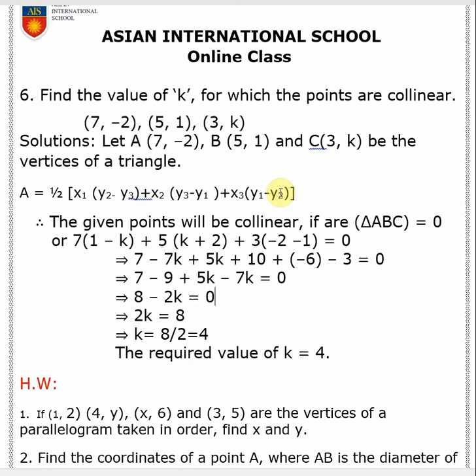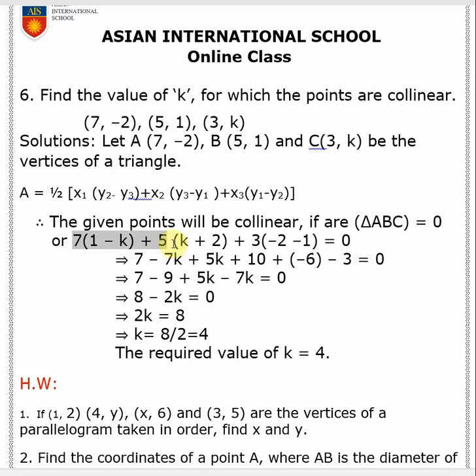In our Cartesian coordinate system, if we take any 3 points and join them, we are supposed to get a triangle unless the 3 points are lying on the same line. And if the 3 points are lying on the same line, we will not be able to draw a triangle, which means the area of that triangle will be 0. So we will apply that formula. We will take all these values of x1, y1, x2, y2, x3, y3 and put them into this expression and make it 0.